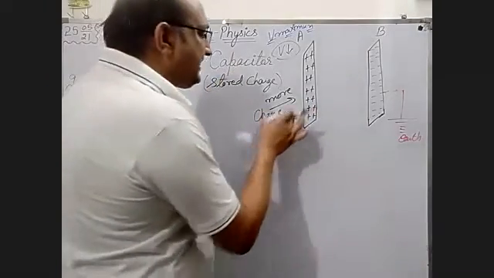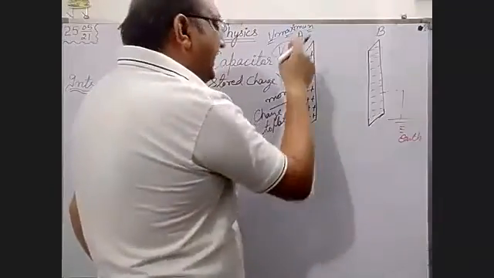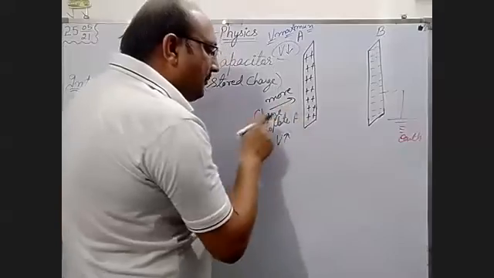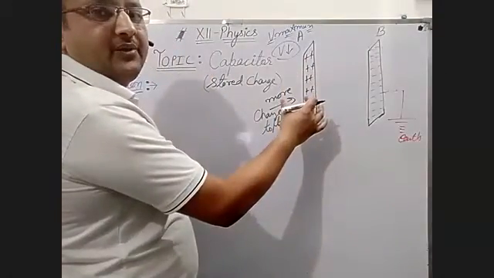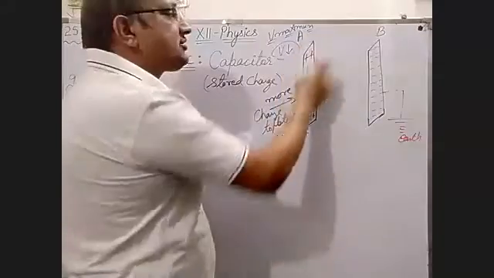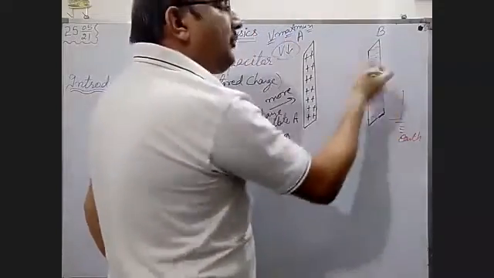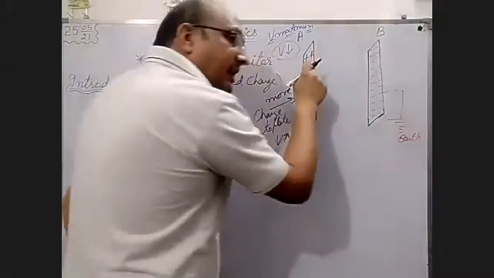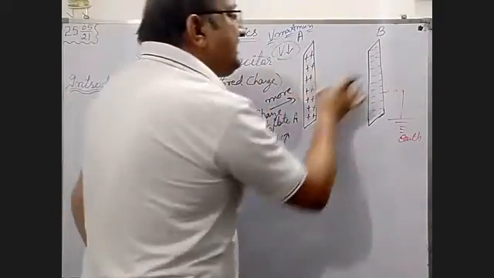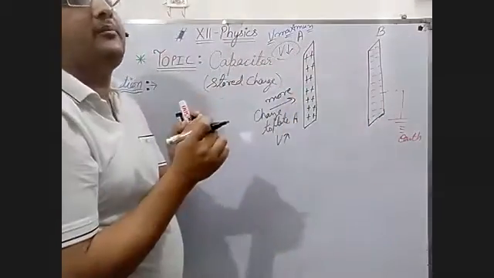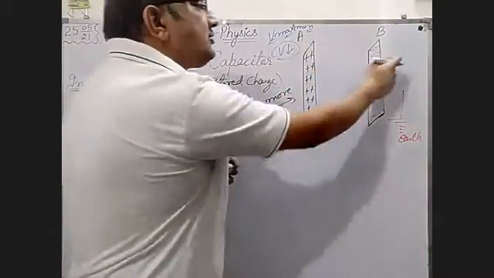If we increase the charging of this plate, this negative will reduce the potential, and we are increasing the potential at A by giving more charge to the plate. If we give more and more charge to A, then this will become more and more negative, and this negative decreases the potential at A. But we are giving more and more charge. It means these plates store more and more charge. Okay? What is the work of one? To increase the potential. And what is the work of the other?